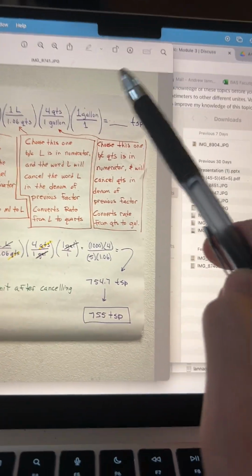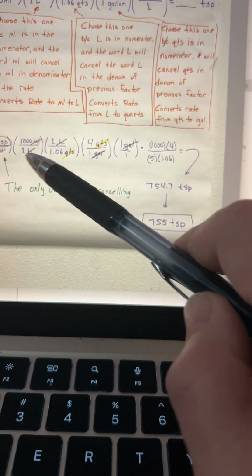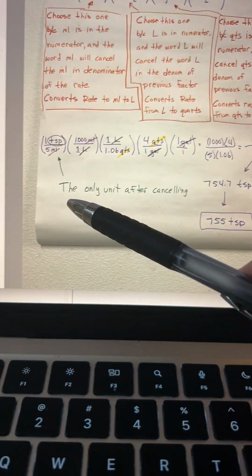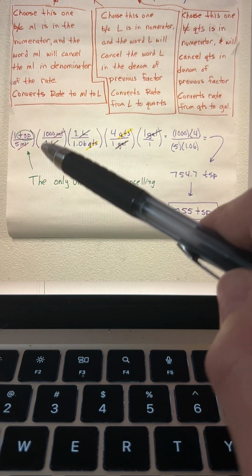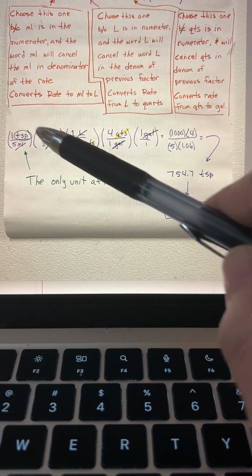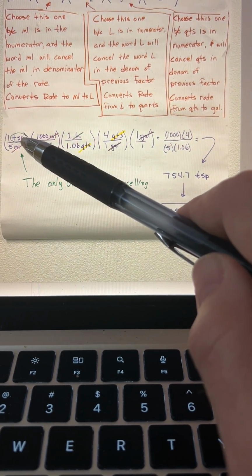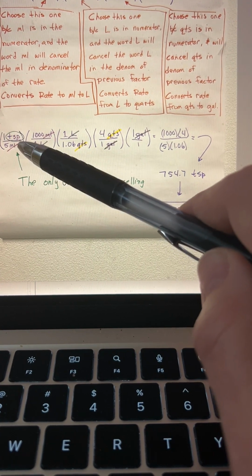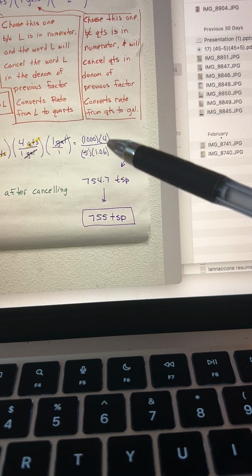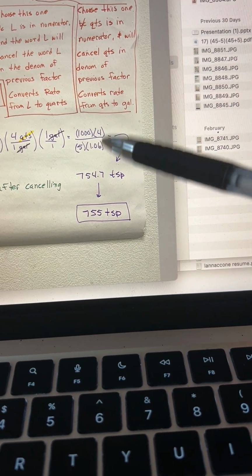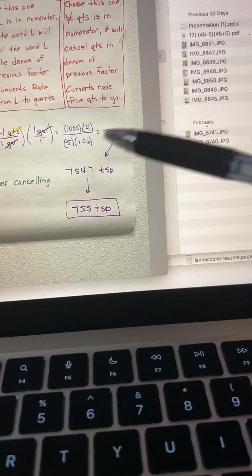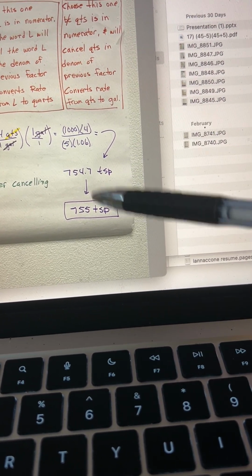So now I take you through, here's all the canceling I did. Hopefully you can make sense of all that. And look, after I've canceled all the words, this one's the only one left. So the answer has to be in teaspoons. There's no other word left. So then I always suggest, rewrite all your numbers, every single one of them, so you don't miss any. Multiply on the top, and then write that number down, multiply on the bottom, and then write that number down, and then you should get that,